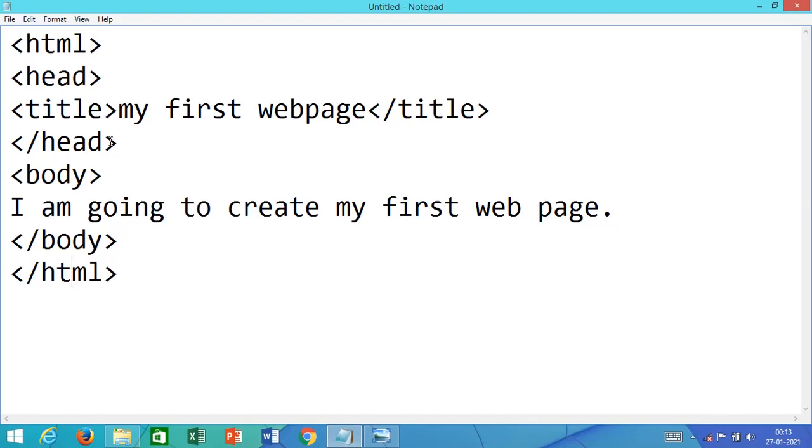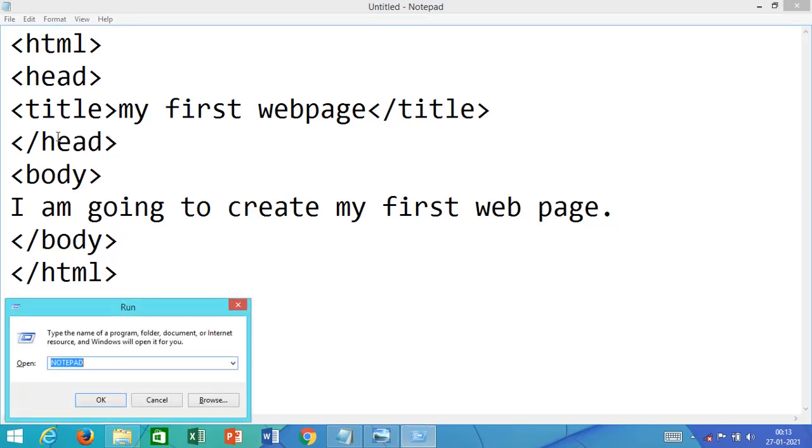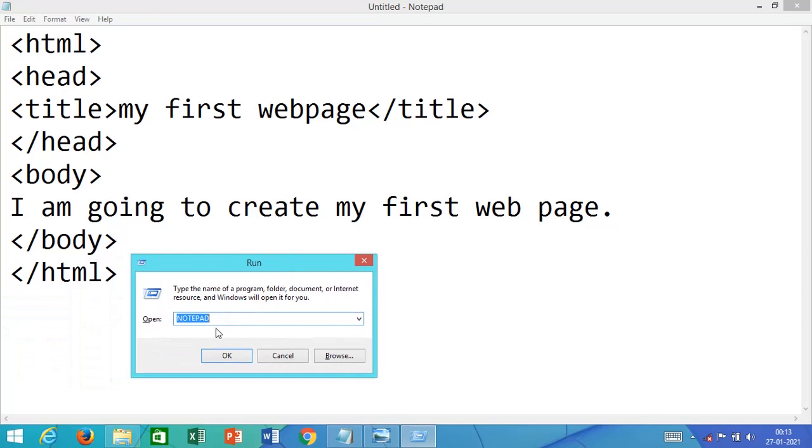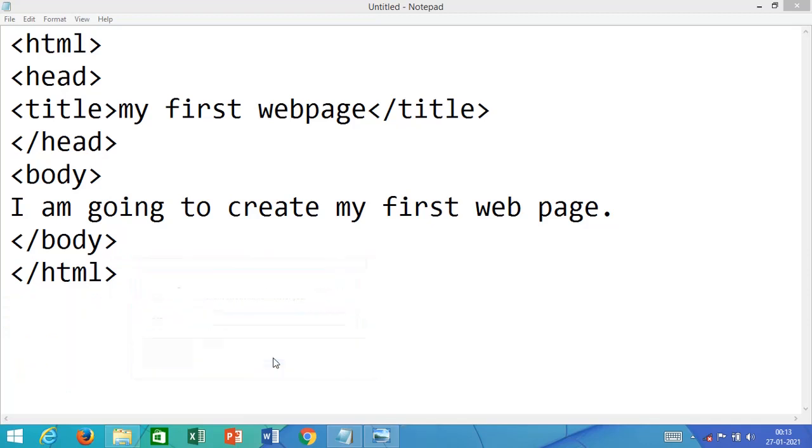Either you click on the search button in all programs and you will get Notepad to the left hand side of the program list on your screen, or press Windows plus R, the run command comes on the screen, type Notepad and click on OK, and the Notepad editor will come on the screen and you start writing the program.